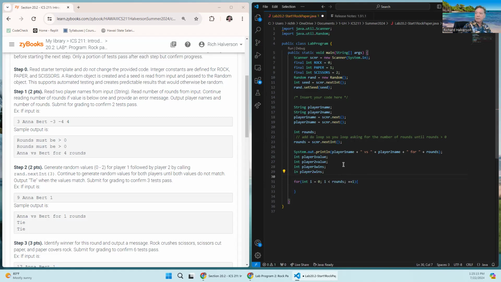So this is going to be the plays that we're going to get out of the random number generator, and each time, either player 1 will win or player 2 will win, then we will increment whichever one is the winner, and then at the very end we can print out the total number of the winners. Okay, so this loop is going to do all the rounds, and at the very end, we can print out